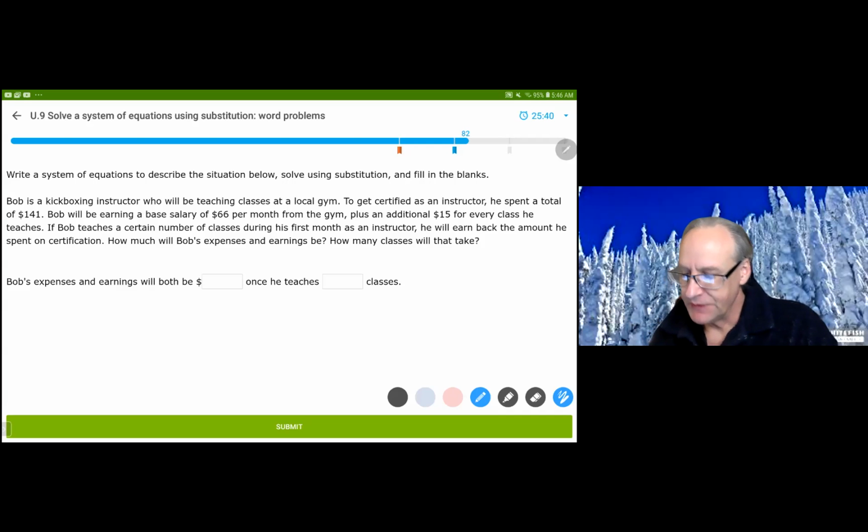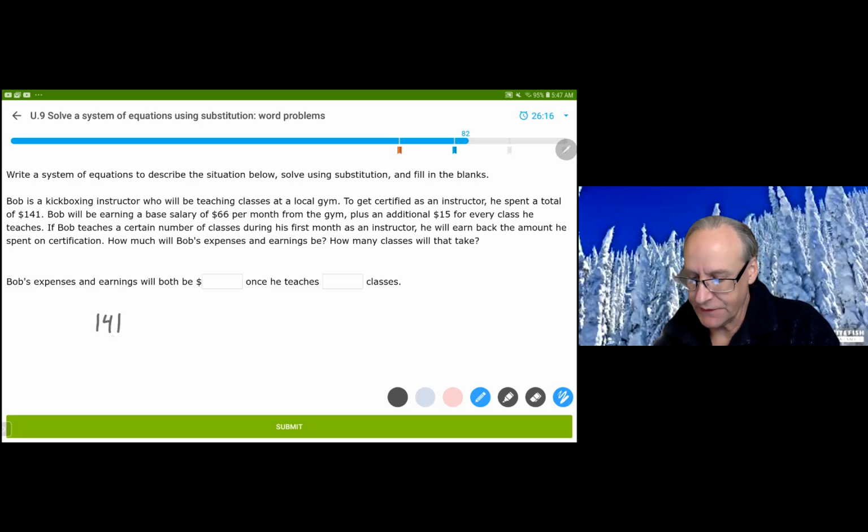Okay, guys, Bob is a kickboxing instructor who will be teaching classes at a local gym. To get certified, he spent a total of $141. He will be earning a base salary of $66 per month, plus an additional $15 each time he teaches. When will he earn back the amount he spent on the certification? So we want to know, during the first month, he wants to finish paying off his certification. So he spent